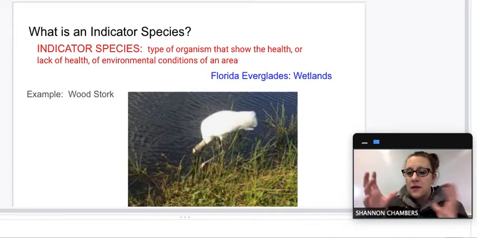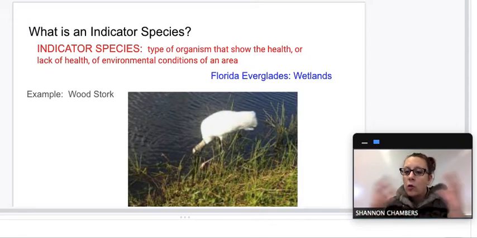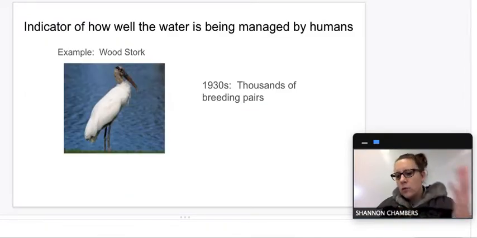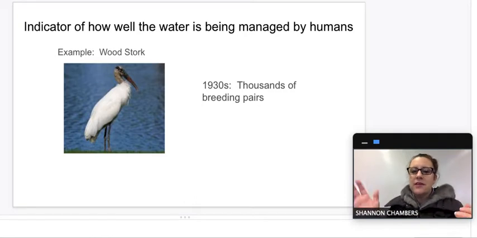In a breeding season, a breeding pair, so a male and a female, require about 440 pounds of fish in order to stay healthy and have a healthy nest. So it's really a lot of fish that they require. And when you think about the wood stork and why it's an indicator species, in the 1930s, there